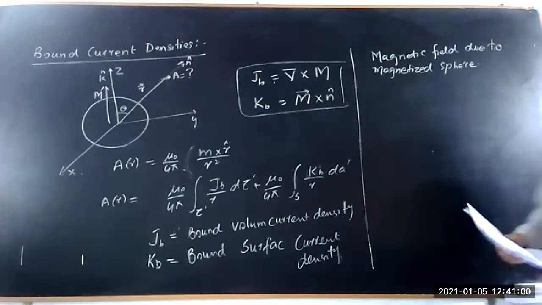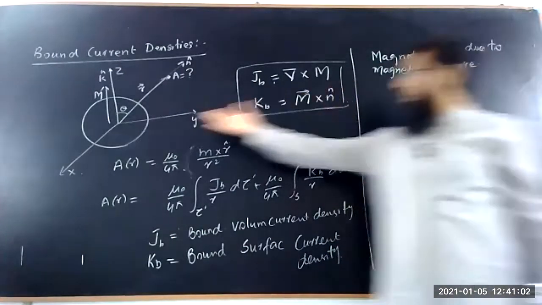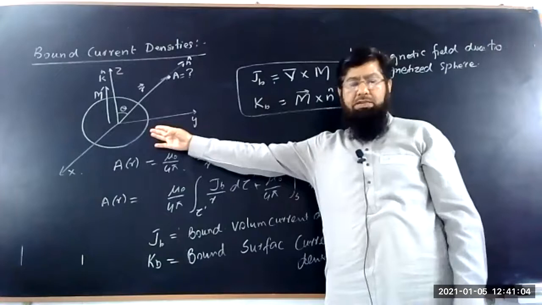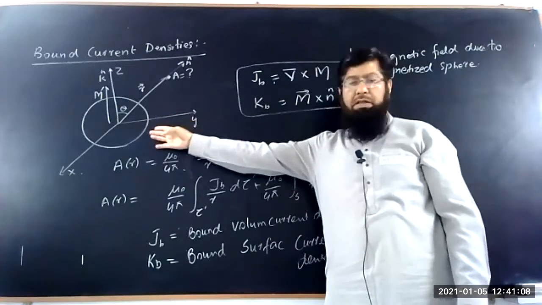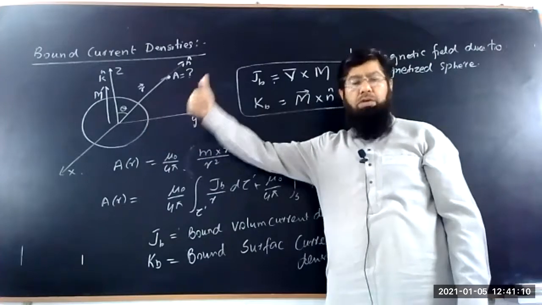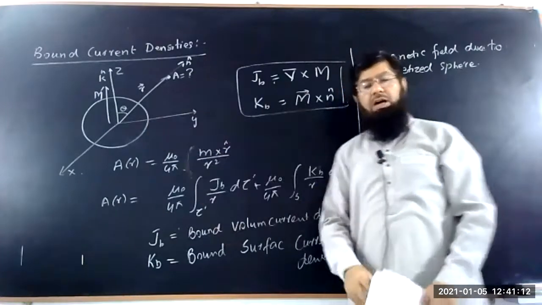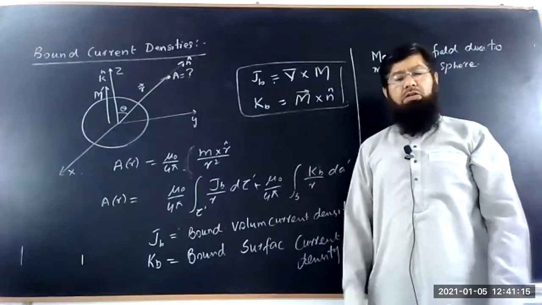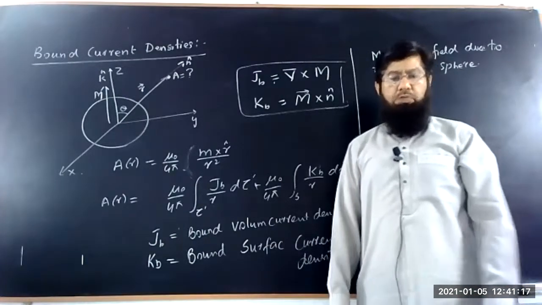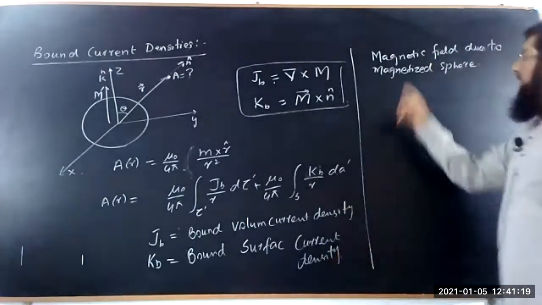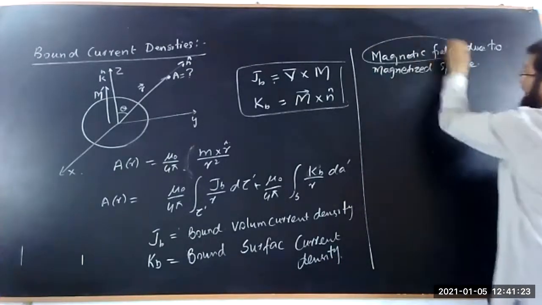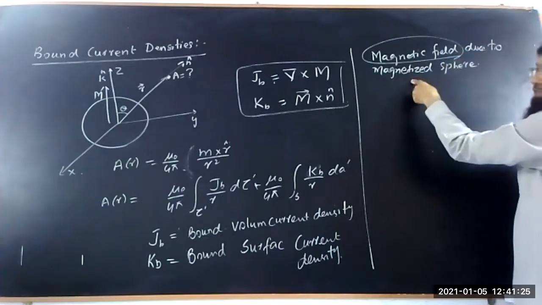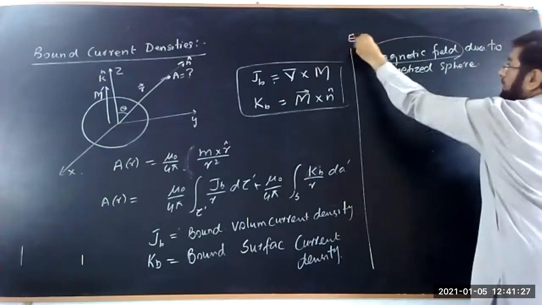This is the sphere, and we say that it is a magnetized sphere with uniform magnetization. It means all the dipole moments per unit volume are distributed uniformly. We have to find the magnetic field due to this magnetization. This is the example